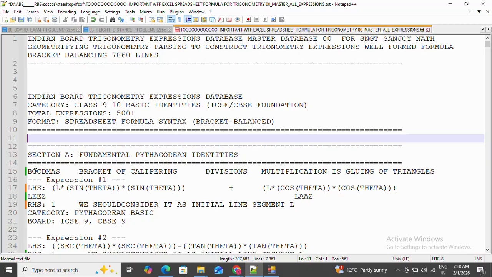Now we use BOCDMAS, it is not BODMAS. First, the bracket balancing syntaxes of the well-formed formulas are written, and then we do the calipering. Calipering is the art of constructing the triangles from the real numbers, or constructing the real numbers from the 2D triangles. And to construct the real numbers from 2D triangles, we have to do the calipering. In a similar way, when we are trying to construct from the real numbers, then we have to do the calipering. This calipering is the sequential straightening method that we used from ancient times